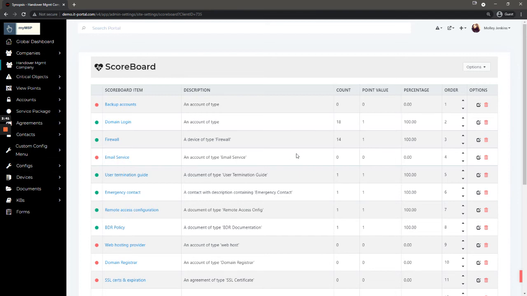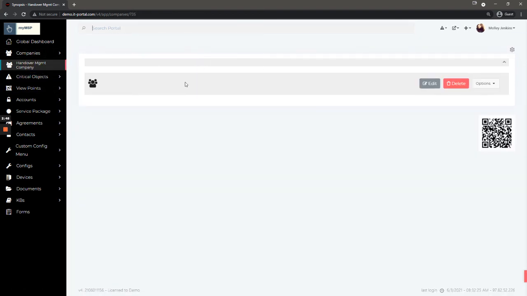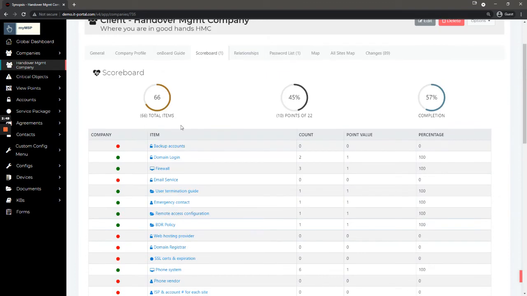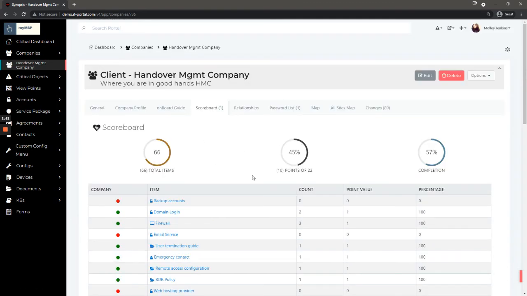And then once you have created and customized that, as you start to document your companies, these will start to fill up. This gives management and admins a good way to determine how far along you are in documenting a particular company. If you have any questions about the scoreboard, feel free to reach out to us at